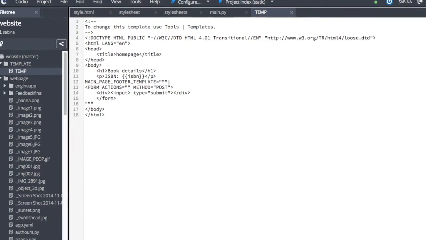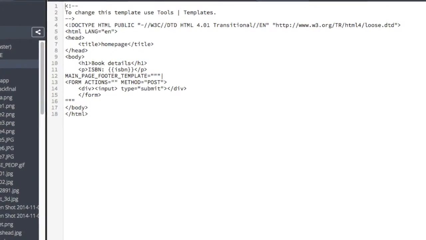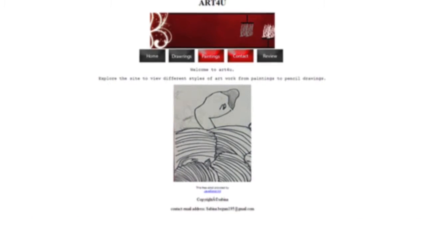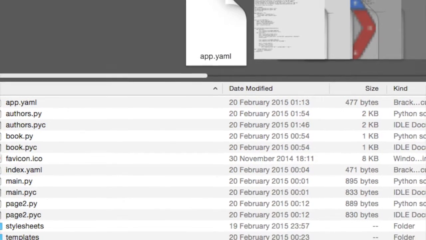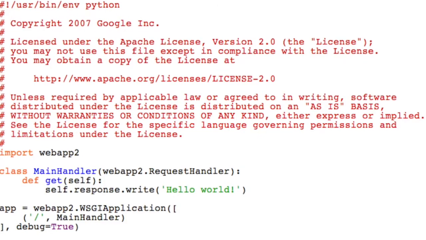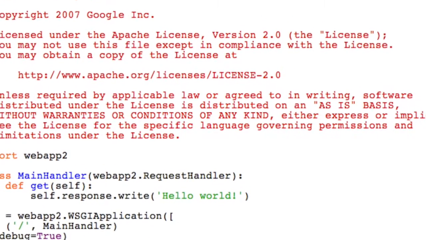CRUD and NoSQL. I have used CRUD within the project in several ways. First, the C within CRUD stands for create. I have done this by creating a website and uploading it on the server. However, I have also used R, which is read. I have carried this out as the content within my server is being read, for example, the language such as Python, which is what I've written my code in, the HTML and the CSS,